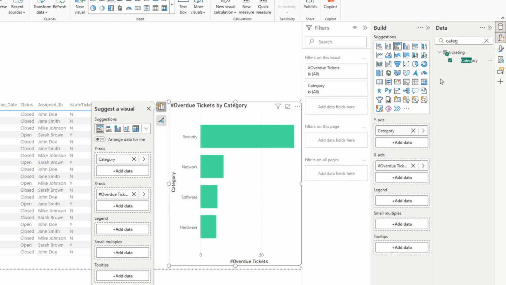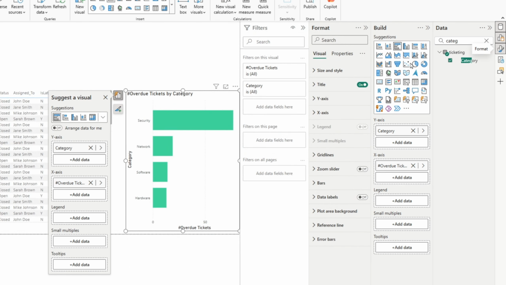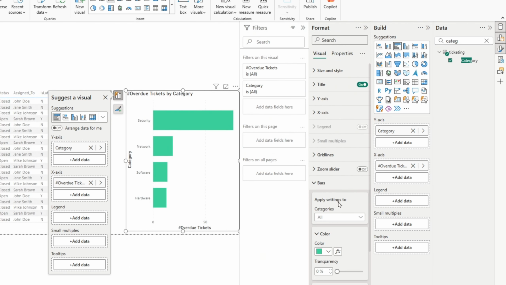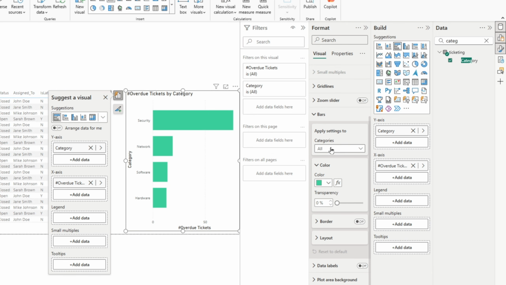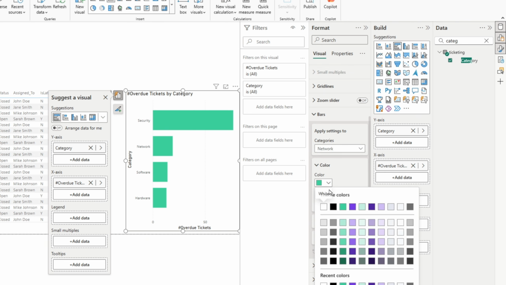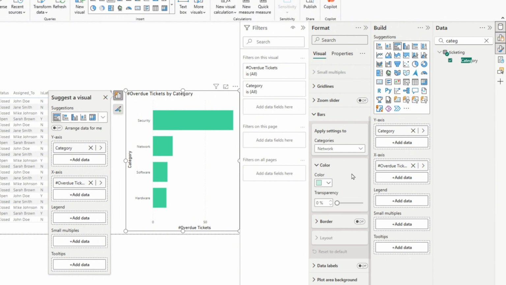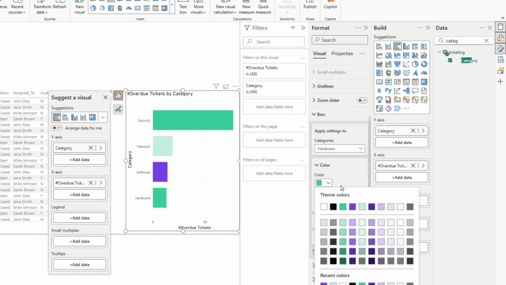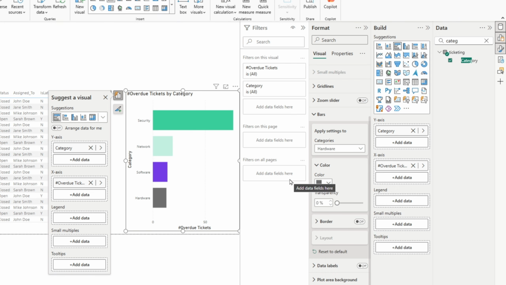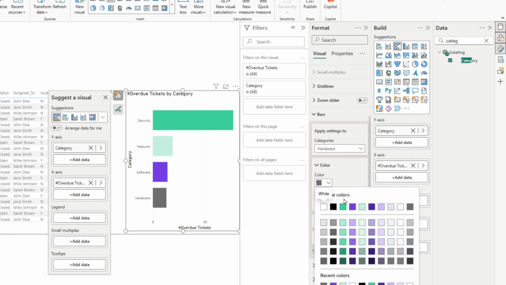Okay, like this. And maybe it would be good to change the colors of these bars. So let's go to the format pane and let's select bars. We can set them one by one. Let's do that. So first, security will be green, network light green, software purple, and hardware, let's make it gray or something else,